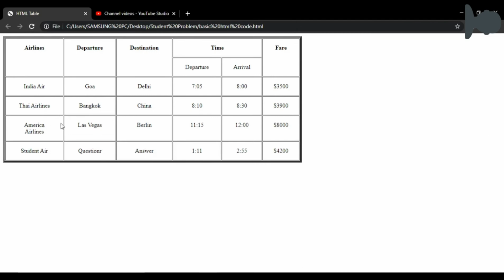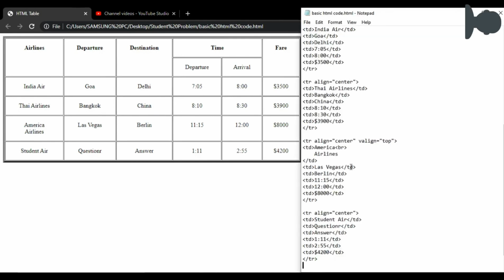You can see the slight difference here. This box is large. This box is much bigger than the other boxes. So you can see here is the Omega Airlines and here Thai Airlines is in the same line, but here there has been a break. So how did we do it? Here is the simple trick. We used the BR tag. That means break in line.